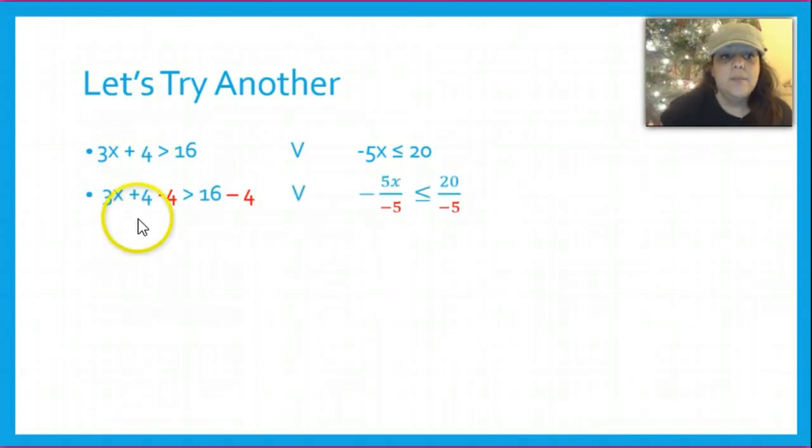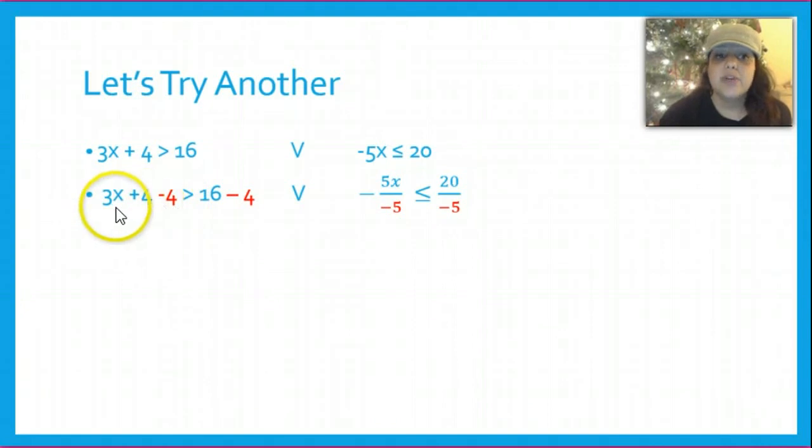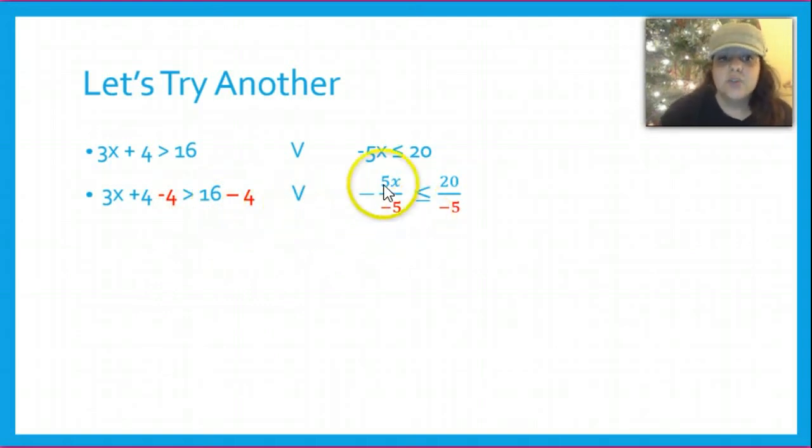Following the rules, remember we have to add and subtract before we multiply and divide. So that's exactly what I'm going to do. Because 3x is adding 4, I'm going to subtract 4 on both sides to keep it balanced. So that's going to be 3x plus 4 minus 4 is greater than 16 minus 4, or, and I have to work with the second statement, this was negative 5x